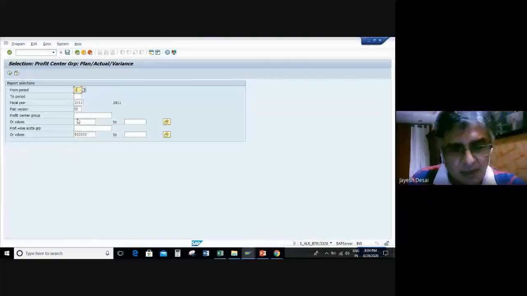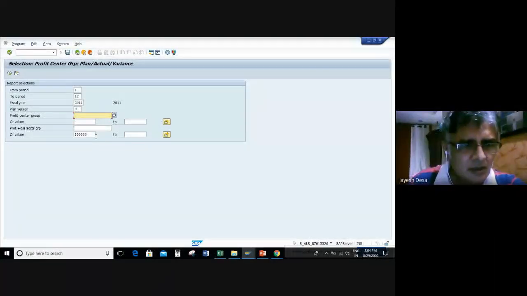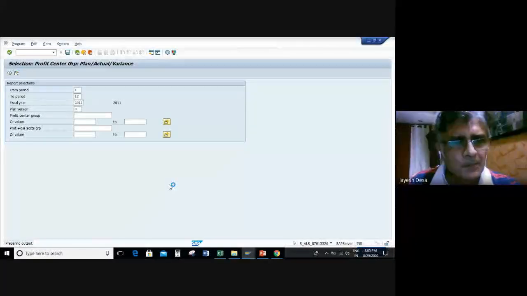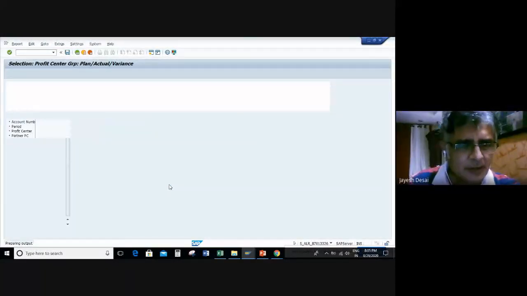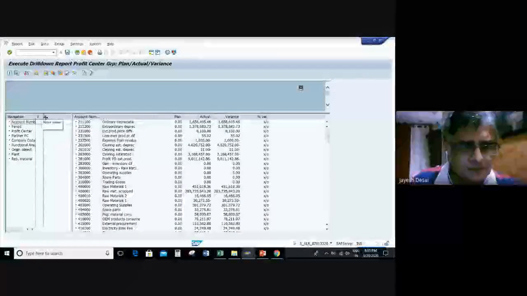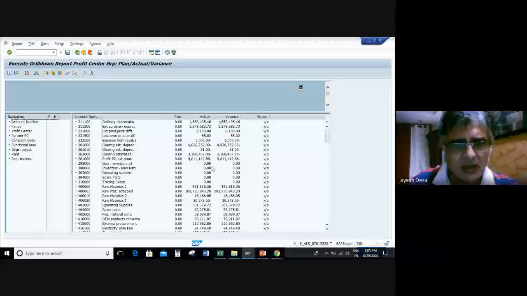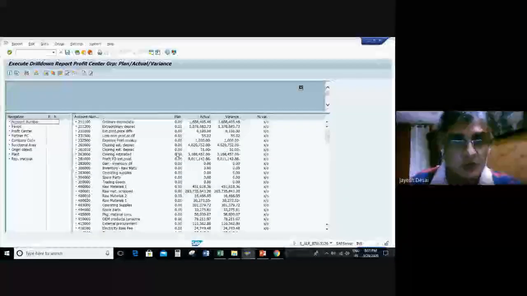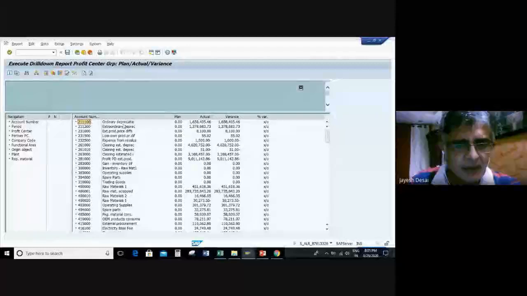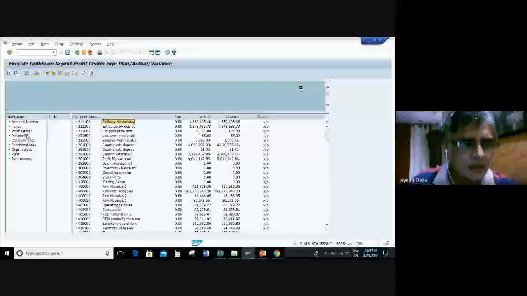So we'll take period 1 to 12, plan version 0. Okay, values, you see, it's some problem. Hopefully it gives a good output. Yeah. So here it is giving for all the SBUs by account number, it is giving you the output.